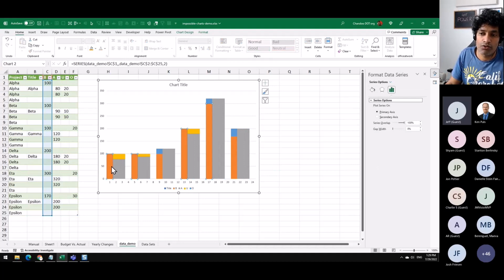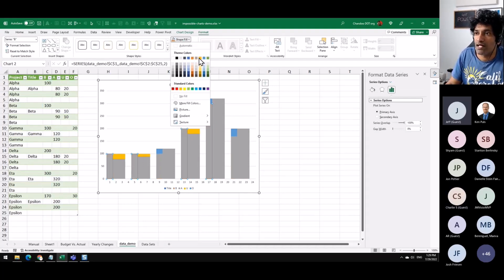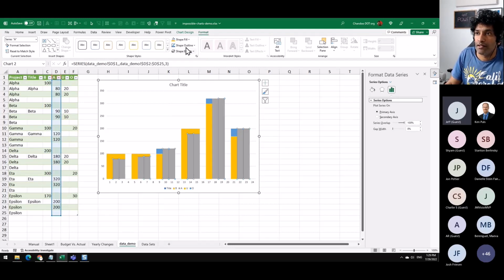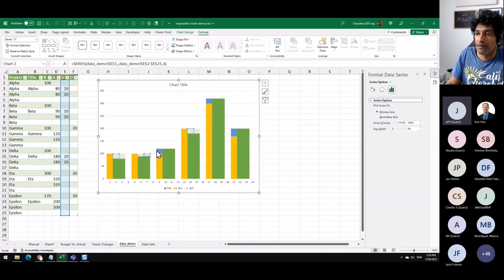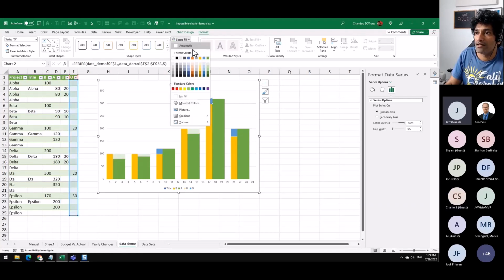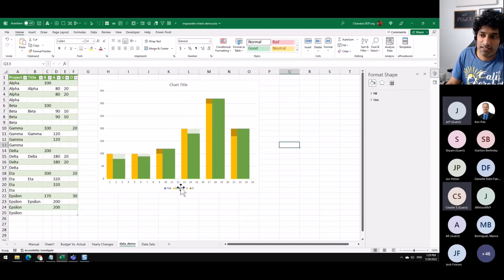So for example, I'm going to go with yellow color for my budget. So format this as yellow and green for actuals. We don't need to do 2 colors because they're the same series. So once you color one thing, the other will automatically color. And then the overflow as light green, and underflow here as dark yellow. We'll get a nice picture like this.